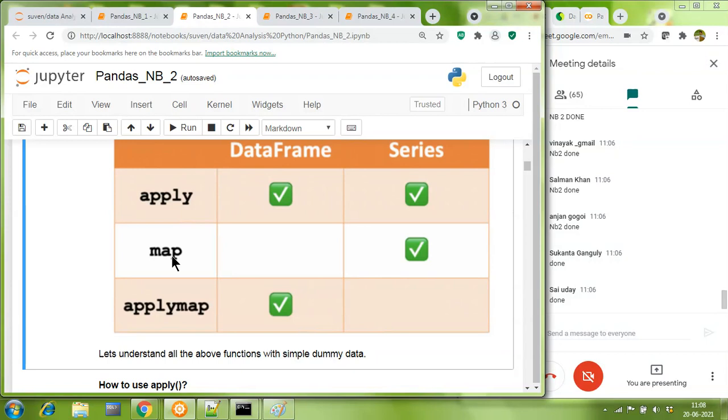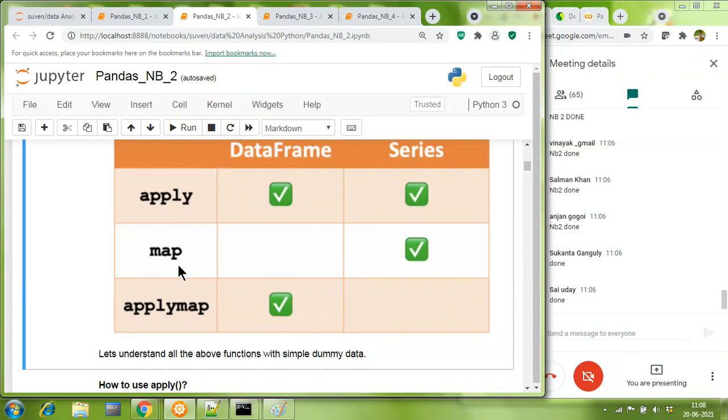Map function and applymap function are used a little lesser. Map function and applymap function both are same. The only difference is map function works only over a series, and applymap function, which has the same work like a map function, works over a data frame.